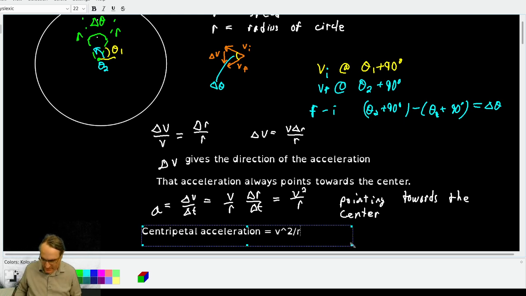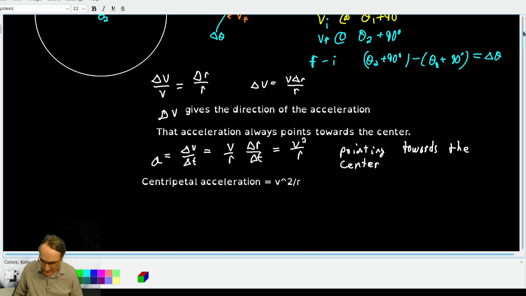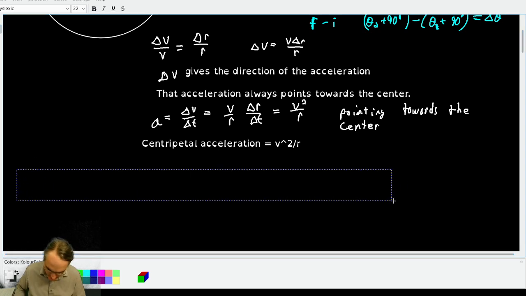So the centripetal acceleration is equal to v squared over r. We're actually going to make a fair amount of use of that because that is true universally of uniform circular motion. But it's also true even for non-uniform circular motion, which we'll talk about in just a moment here. All right, for uniform circular motion,